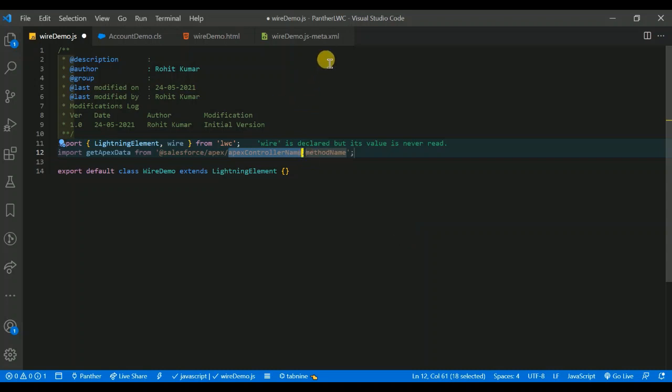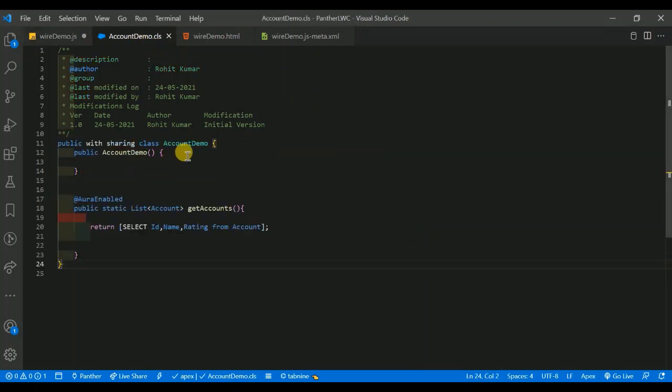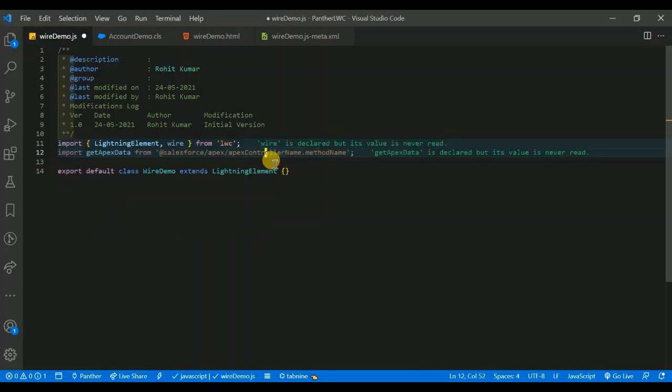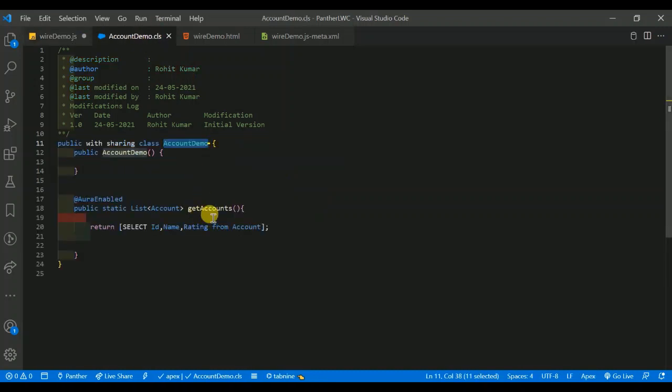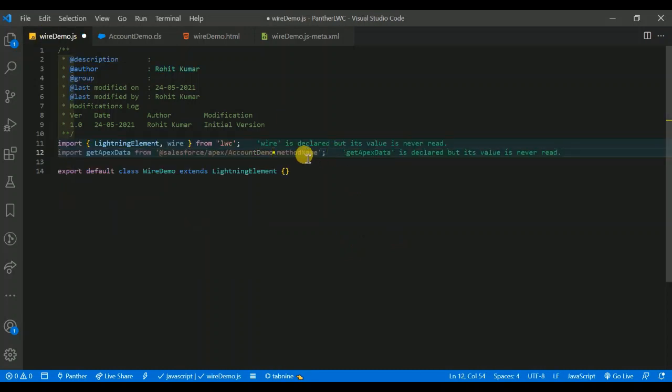We need to copy this controller name and paste it here, and with dot notation we can access the static method. That's why I am pasting it here like this, and you can change this name as you choose. Right now I'm leaving it as it is.